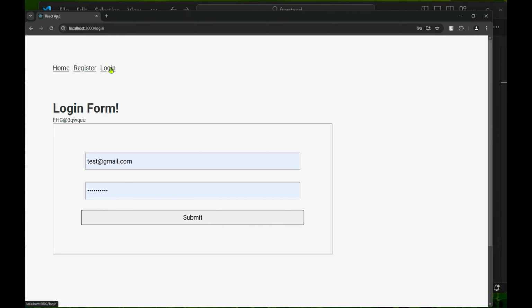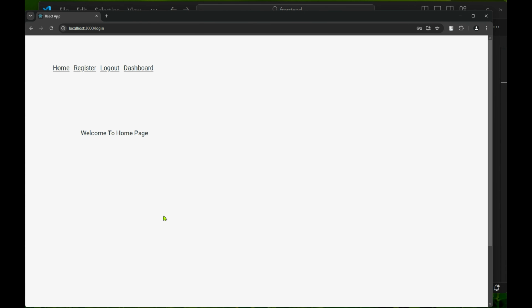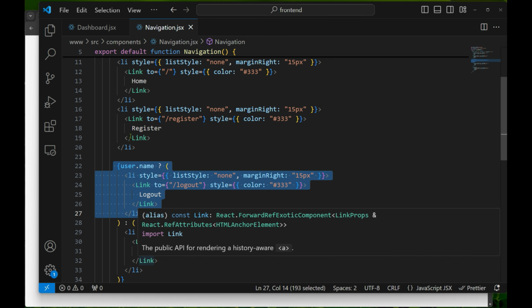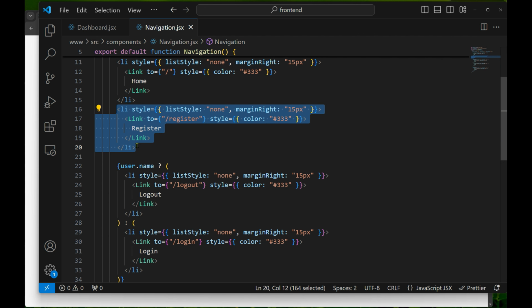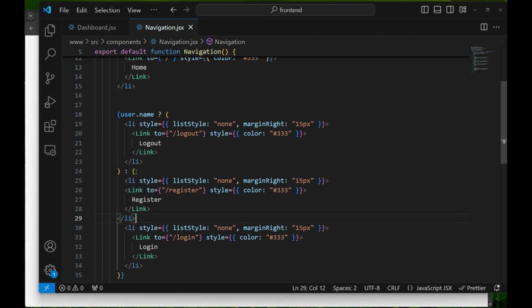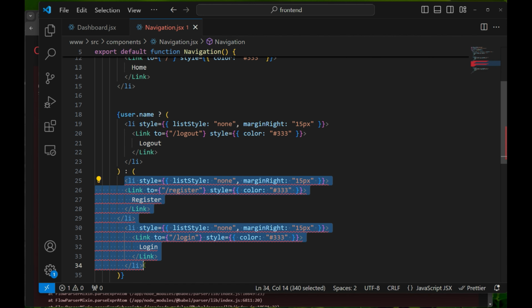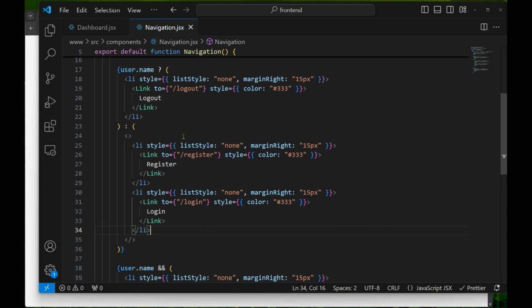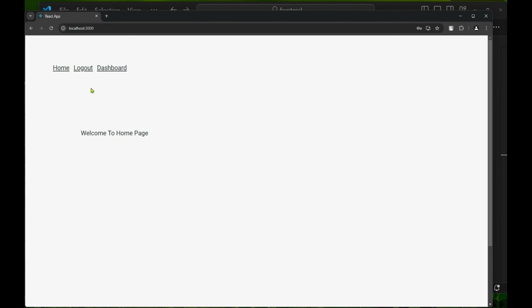Now what I'm going to do, I'm going to log in here, and I log in. There's a small bug that I have here, register showing on the login. We can correct it quickly. If I go back to the navigation component, I'm checking if the user is there, then show logout, otherwise login. So what we can do, we just need to cut this and put it next to the here. Now this will give us an error because it's a two. We basically need to wrap it like this in React. It's important. So now that error should be gone. So now log out. Now if you log in,